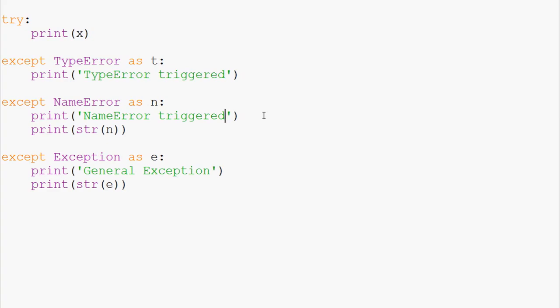Anyway, you can customize your exceptions to be very specific to the type of exception, and then you can help the user of the program remedy the problem, hopefully, before it actually crashes the program, so they can continue using it. So that's going to conclude the error handling with try and except.